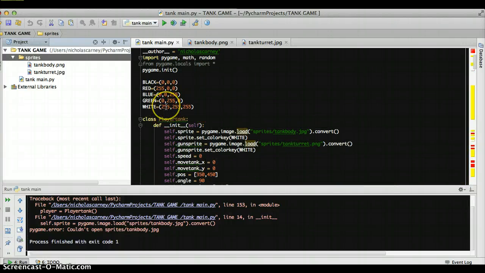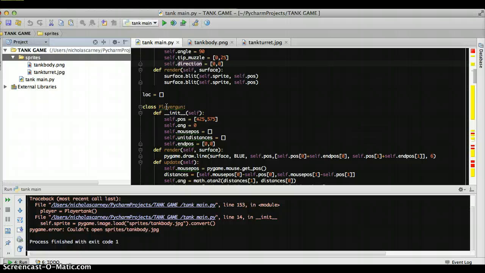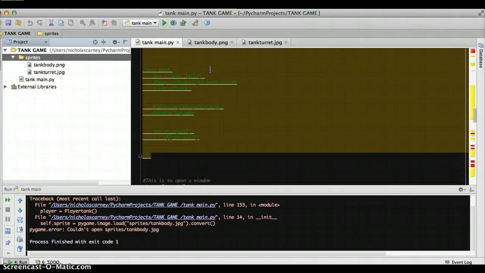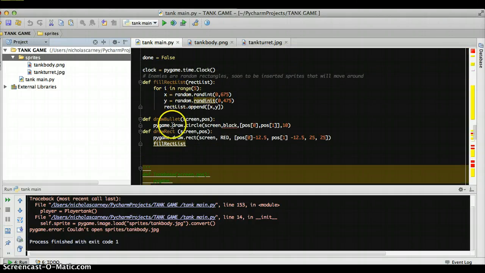Still got the basic colors because I'm going to be using these random boxes as Jeeps until I re-import them as sprites, just to see if the code actually works. And that's the random function there. This is another tank because I was thinking about making some enemy tanks. And then here's the actual main loop, so draw bullet, draw rectangle, which is the enemy vehicles,